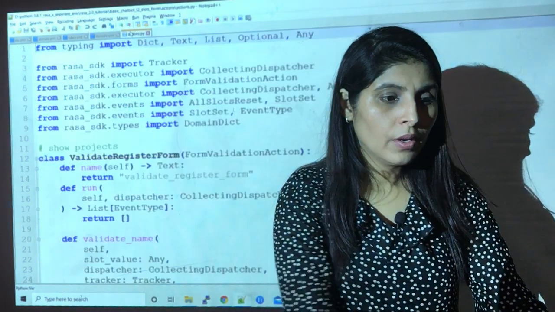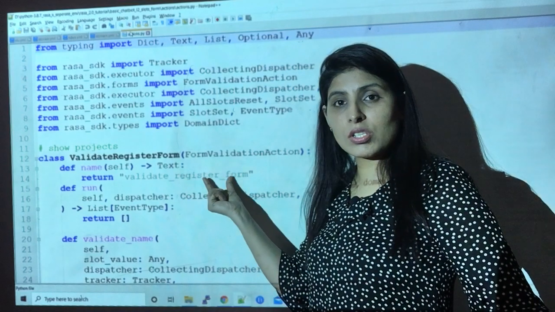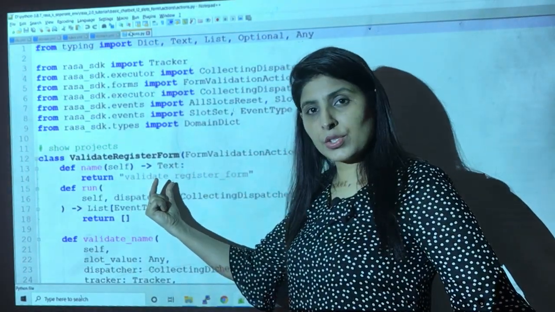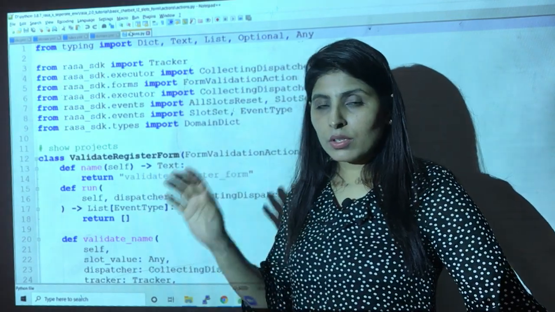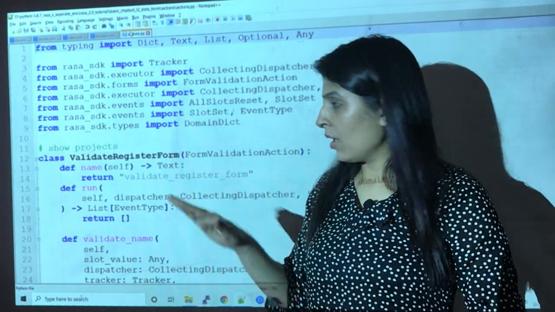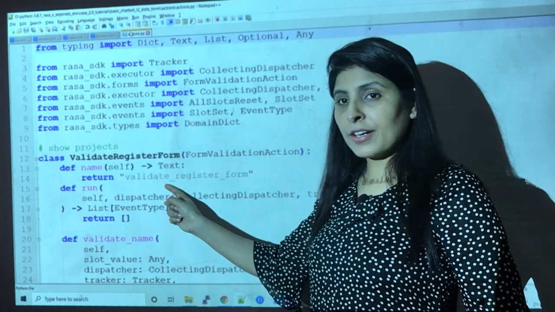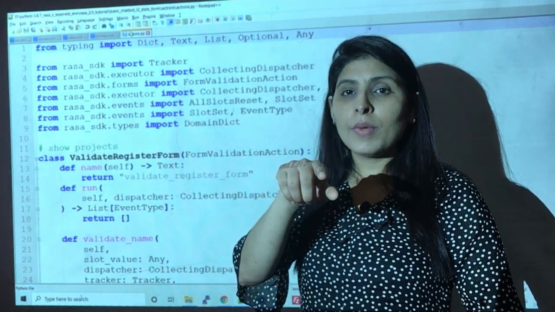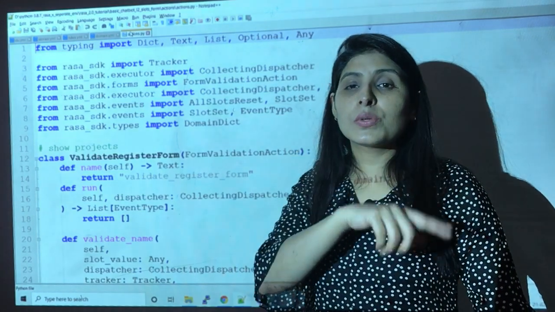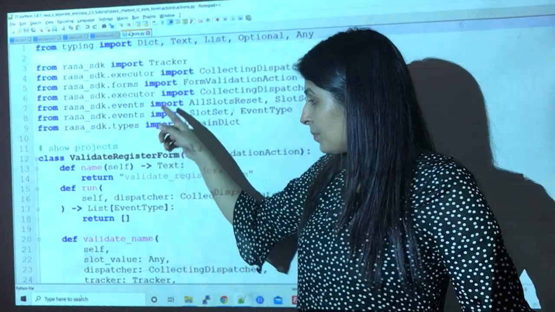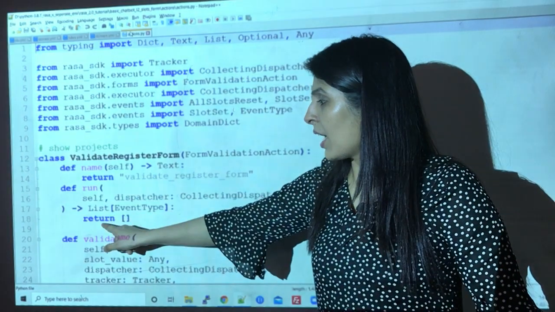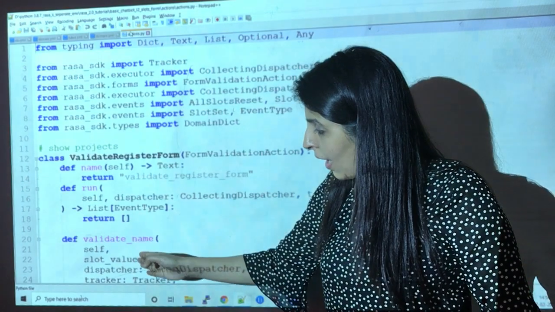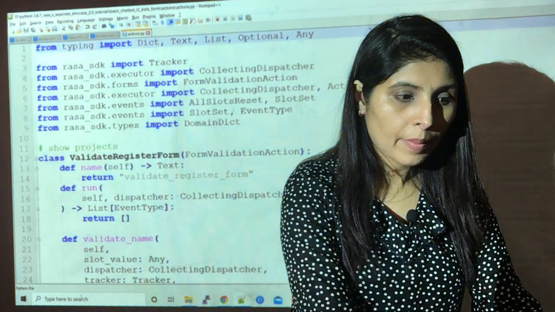You have to write this name over here, but before that you need to write validate_. So first of all, write validate_, and the form name should be the name which you are using for the form in the domain.yml file. All right, now this is the run function. This will run your code, and then we have one more function over here.